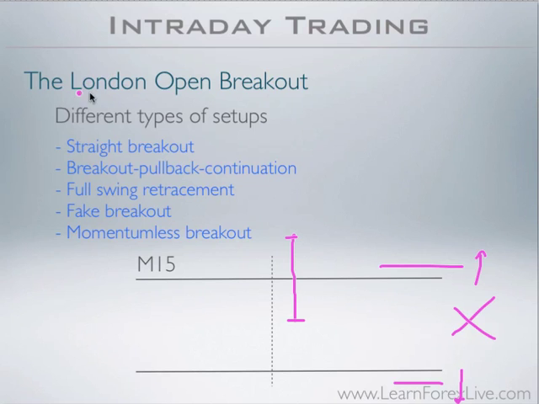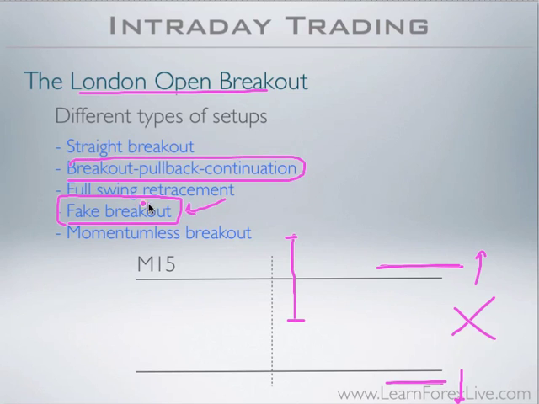Well, because the London Open breakout is prone to fake breakouts, and if you just do that, you will be caught up in many fake breakouts. Okay, that's another type of price pattern we are going to see in a moment. But as a whole, you never want to simply put a buy or sell order a few pips beyond the range boundaries. What you want to do is to base your entry around that breakout pullback continuation pattern,